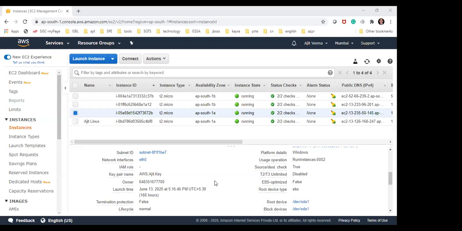Ajit, you're saying something? Can you see the screen? There's a C drive here, 30 GB allocated. No, you are not sharing that. You're still sharing your EC2 console. Just a second. You'll have to toggle that. Share the complete desktop. Let me share the desktop. I don't see any desktop anywhere else. Can you see now?